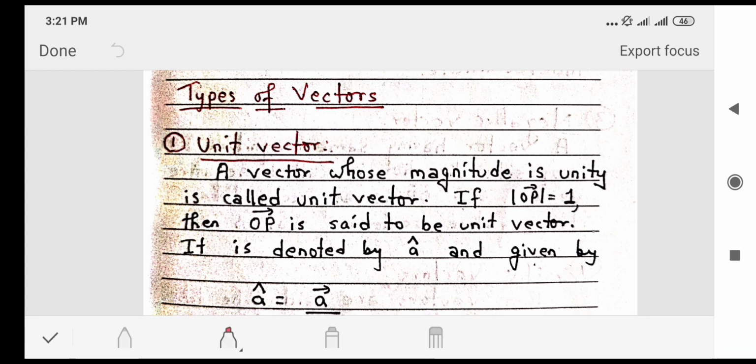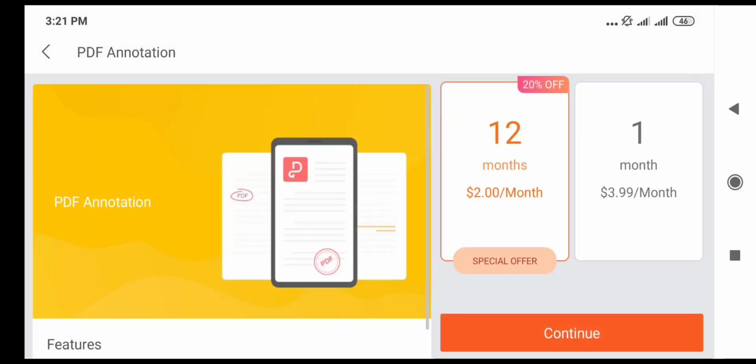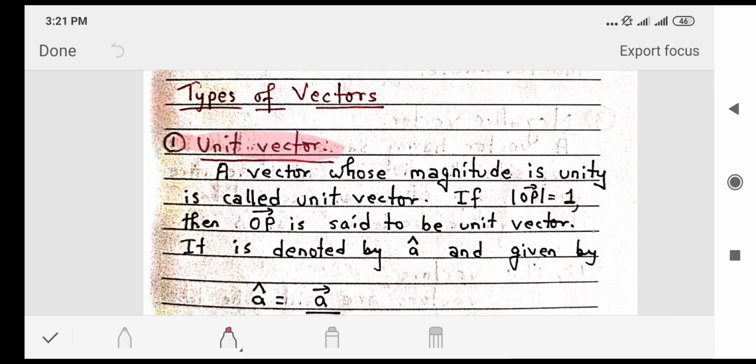So let's go to types of vector. Our first type of vector is unit vector. So what type of vector is called unit vector? In simple words, unit vector means those type of vector whose magnitude is equal to unity or 1. So in a simple sentence, a vector whose magnitude is unity is called unit vector. So if magnitude of OP vector is equal to 1, then OP vector is said to be unit vector,